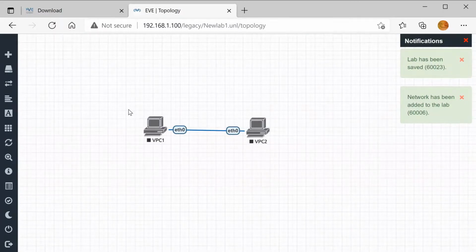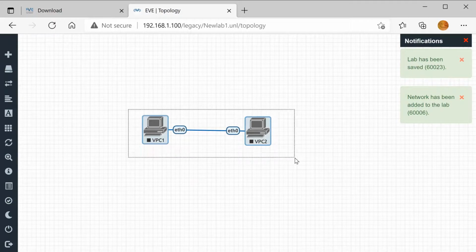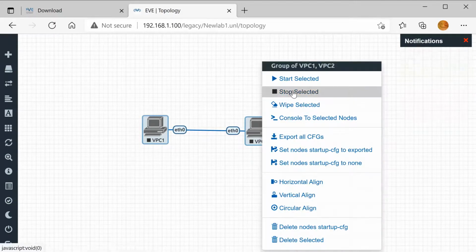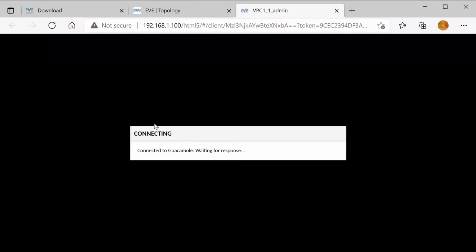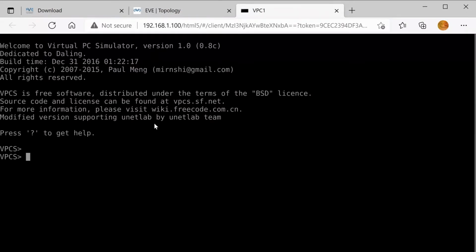Now we have to start these machines. Select those machines. Right click, start selected. Now open the console by double clicking the VPC. This VPC1 is started.